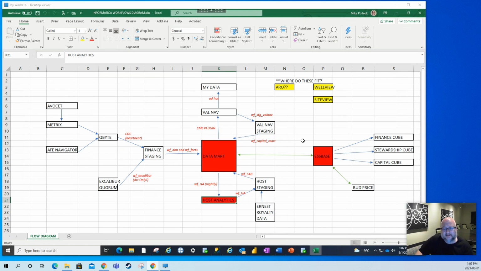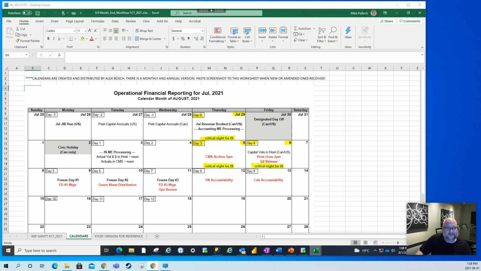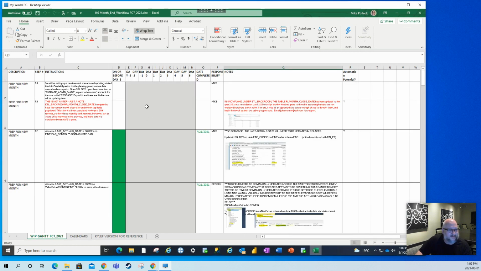So the next challenge with that was that Oracle was being taken away. So I really had to get to know what all the data was that was coming out of these applications and how it would fit into the next iteration of our process. Now that I knew a little bit more about the applications and the type of data, I had been given a calendar of when a lot of the more important parts of month end were to occur. So I had all the dates, and this is a rough outline of the way things come together. From that, I was able to put it all into a very large